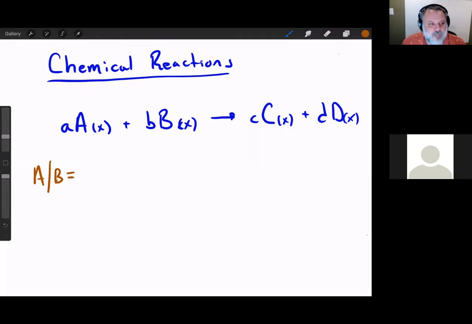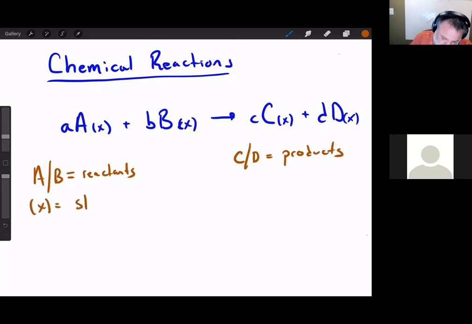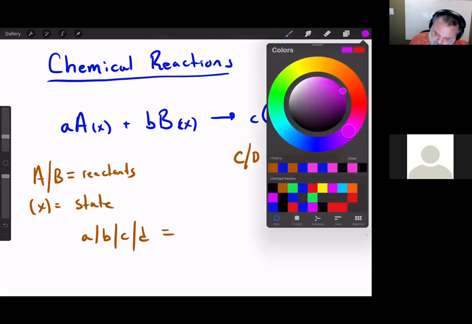What are they? Reactants. Yeah, these are reactants. In the same way as before, C and D are products. Before, the same thing, X is the state. But what is A, little b, little c, and little d? What are these? These are something different. These are